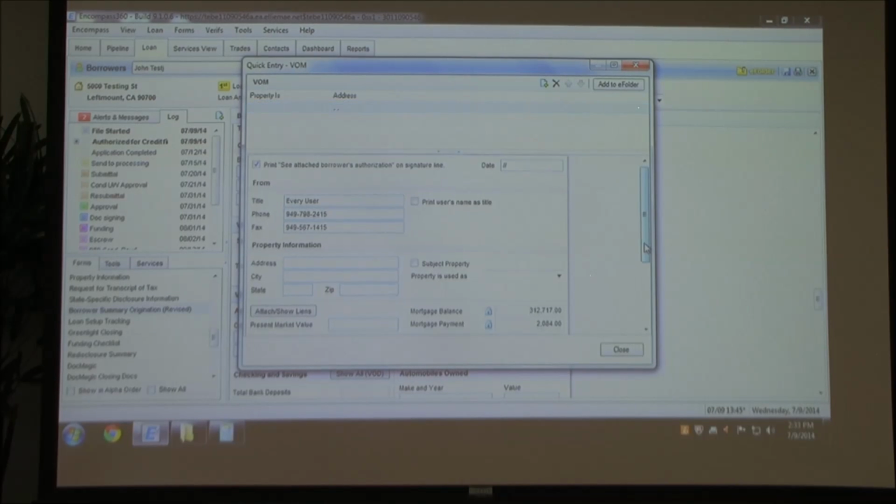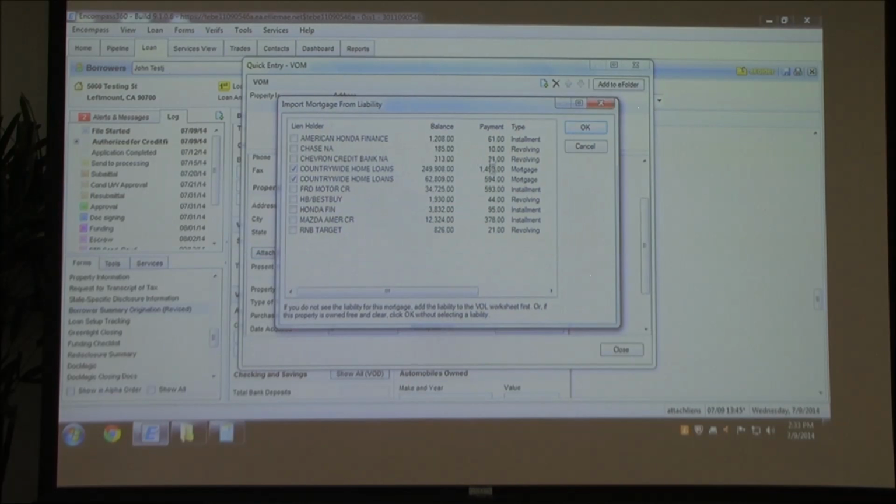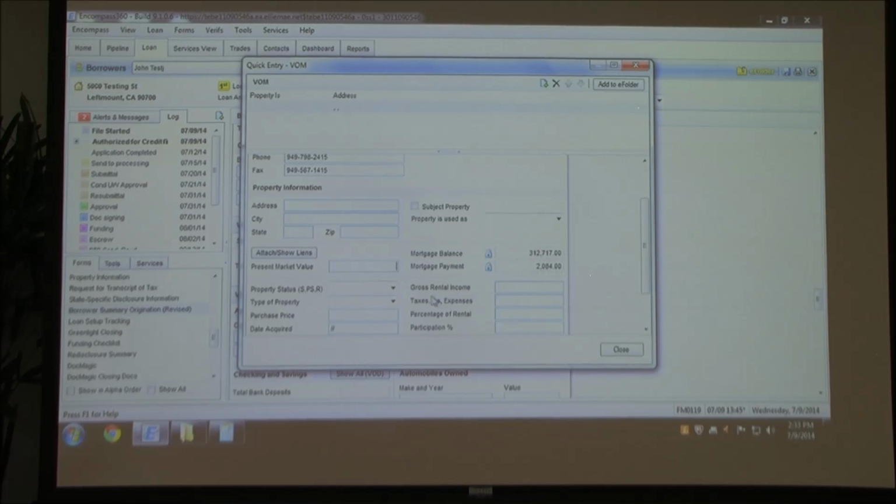Now that I've got my property to work with, you will see it has combined the balances here. Mortgage payments, it's going to identify what payments are associated, $1,490 and $594. It's going to do the math, and that's what we get. And since this is my subject property, I'm going to check the subject property button. It populates the address. The property is used as this is a primary residence, so I'll make that designation. All of this is required information. You must have a property address, you must designate the property usage, and you must have a balanced mortgage payment